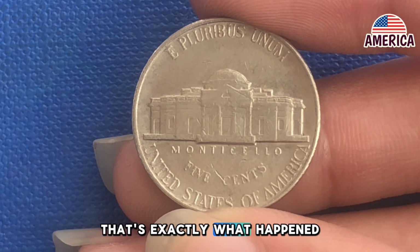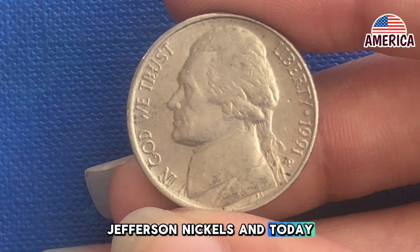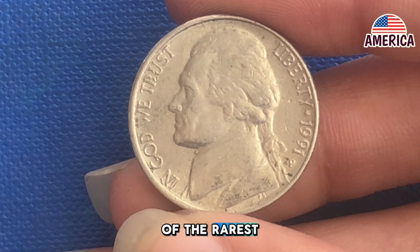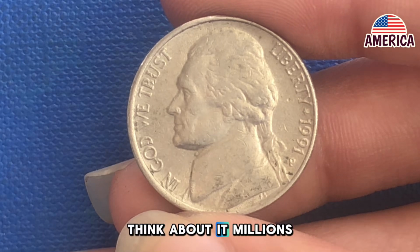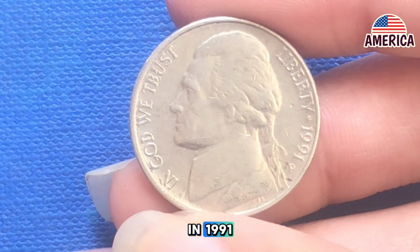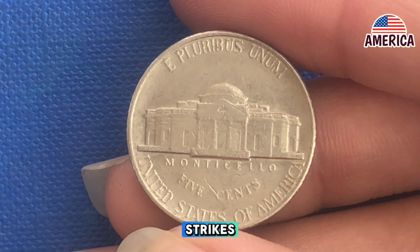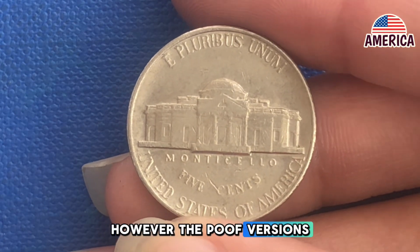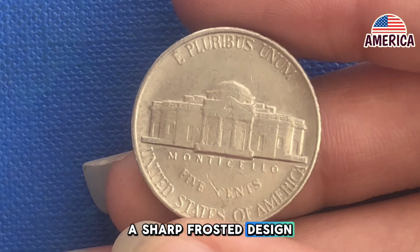That's exactly what happened with some of these 1991 P Jefferson nickels, and today, they are considered one of the rarest and most valuable nickels in circulation. Think about it, millions of nickels were minted in 1991, but nearly all of them were standard circulation strikes. However, the proof versions were struck with precision and care, creating a coin with a sharp frosted design against a